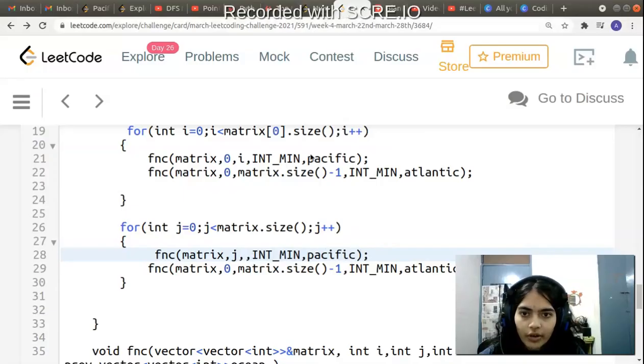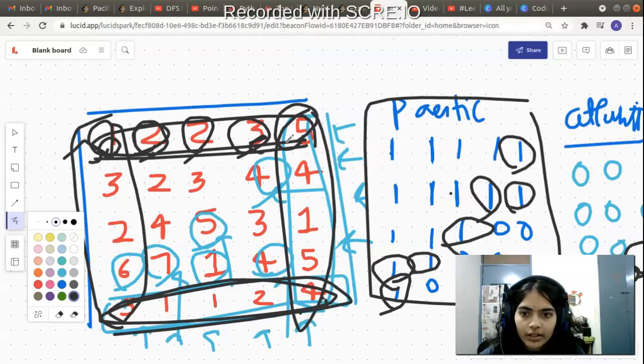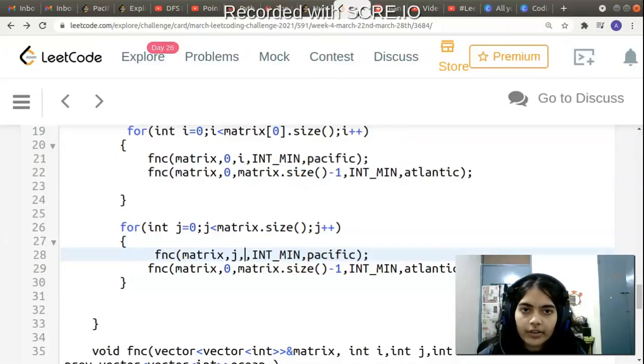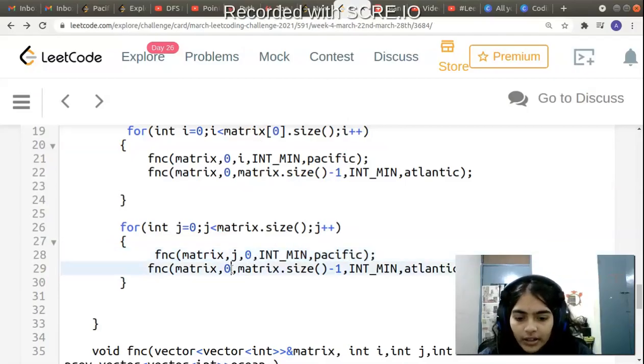When we are calling the Pacific Ocean, the first time all the column values are 0. So we will make the column value 0. When we are calling the Atlantic Ocean, this will remain j, but it will become matrix of,